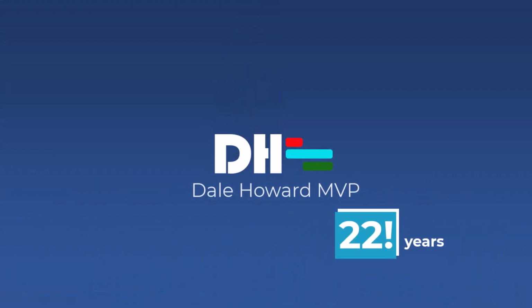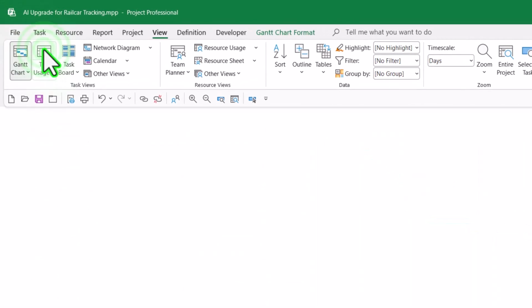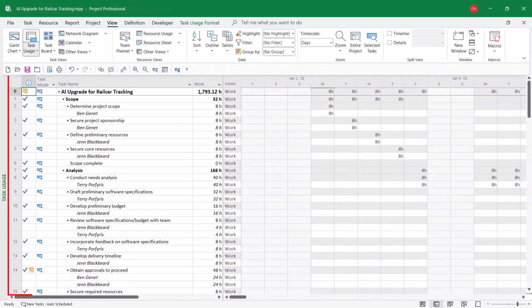Wouldn't it be great if you could add extra rows to the time-phased grid, such as baseline work or cost? Well, in Microsoft Project, of course this is possible, and in this video, I'll teach you how to do that. So let's get started. When you display the task usage view in Microsoft Project, you will see that Microsoft Project